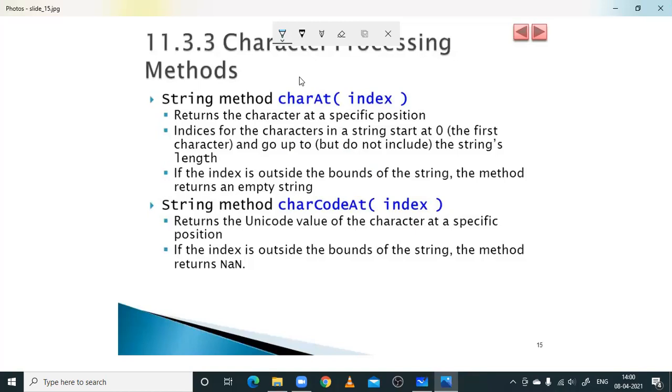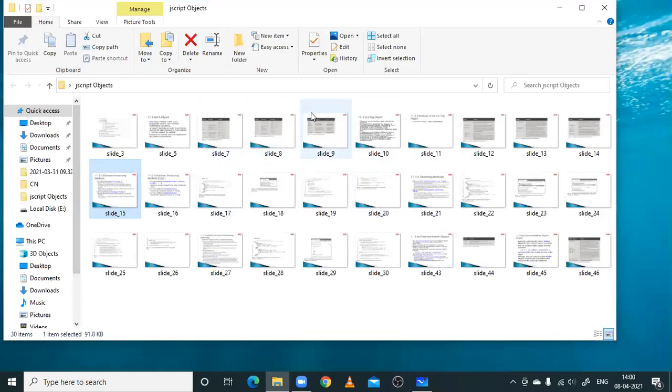Just note the description, whatever description has been given as part of them, it has been mentioned here. So coming to the next one, yeah, let me show you one.